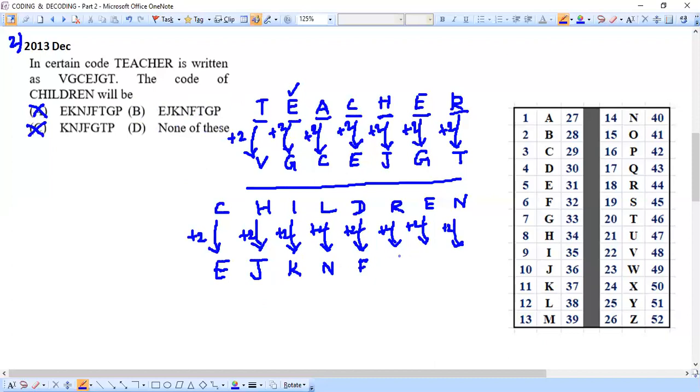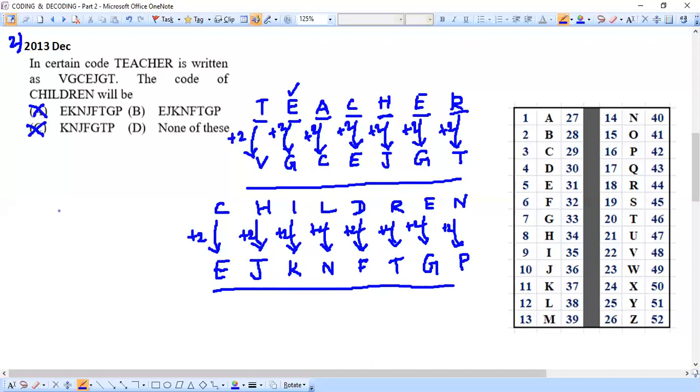R is at the 18th position. 18 + 2 we'll be getting 20. 20 corresponds to the letter T. We have only two more letters. E +2 we need to do. E is at 5th position, +2 is 7. 7 corresponds to G. And last N is at the 14th position. 14 + 2 will be giving us 16. 16 corresponds to P. So that means